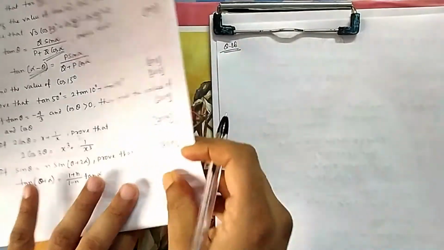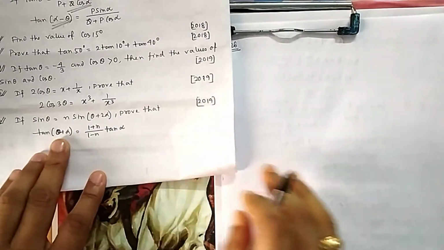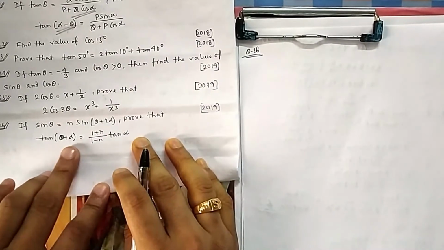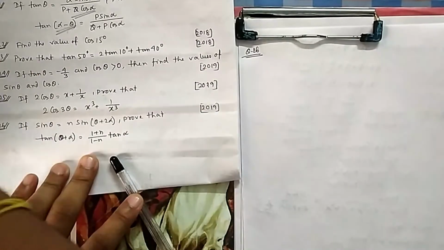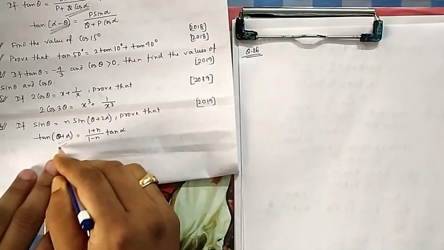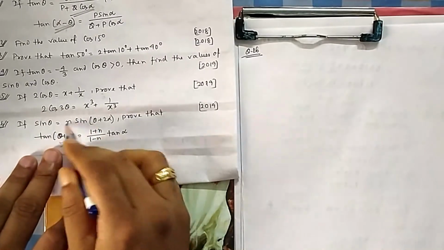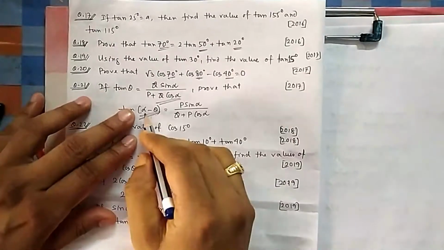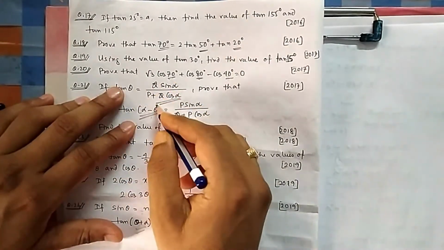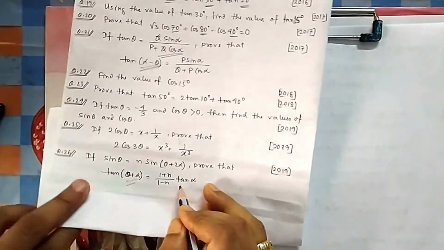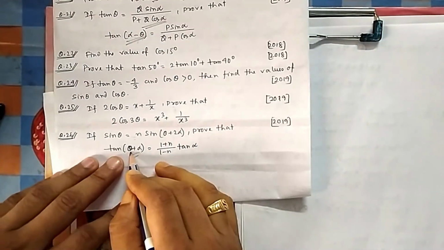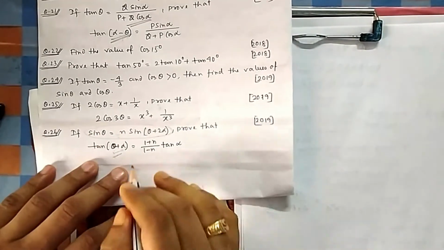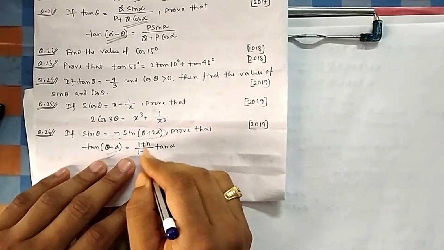Next question: if sin theta is equal to this, then prove that tan theta plus alpha equals this. What will be tan theta plus alpha? Again you can expand it. But if you want to replace theta, then it is not so easy to find tan theta from here, so we cannot take the approach that we took earlier, because there tan theta was directly given. Here, because this side has alpha and there is no theta, replacing tan theta is not directly feasible. So here it is better if I put n. You can put n here and do something.